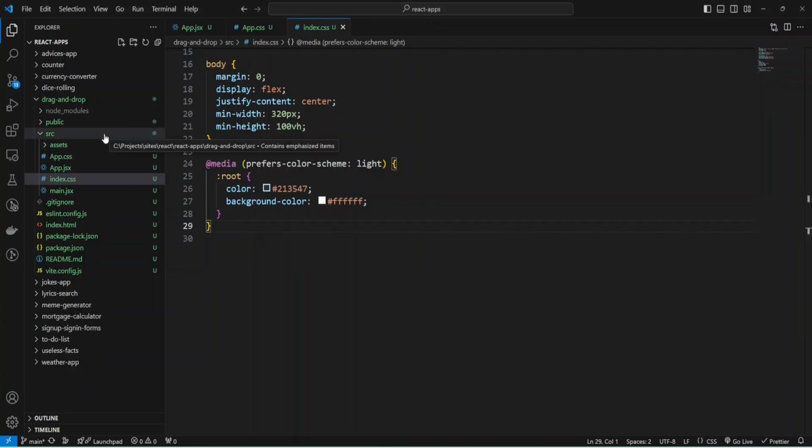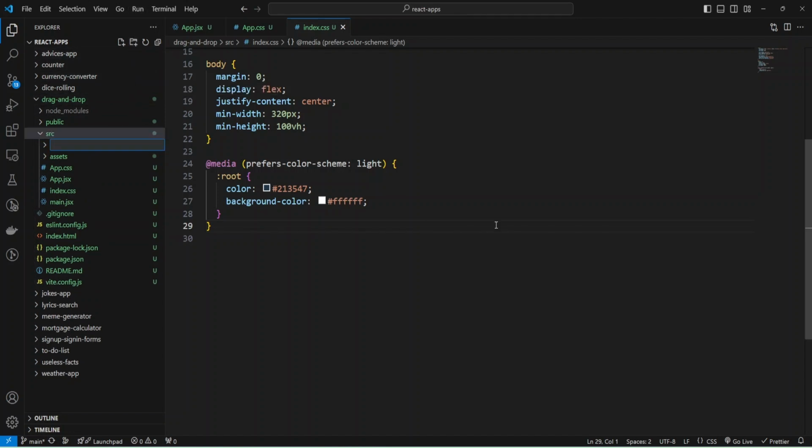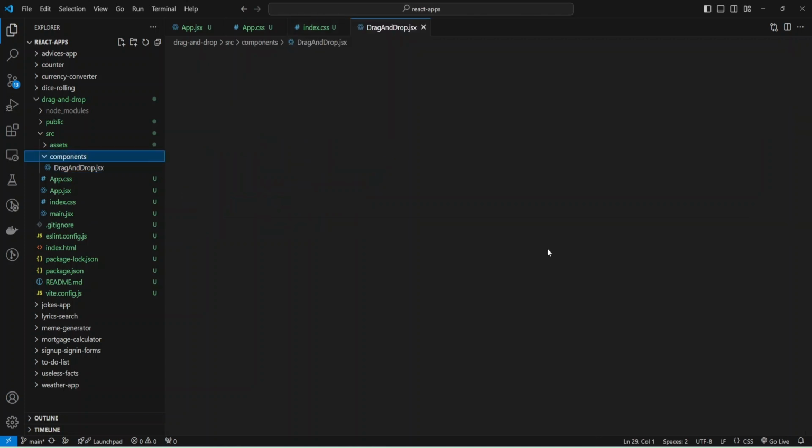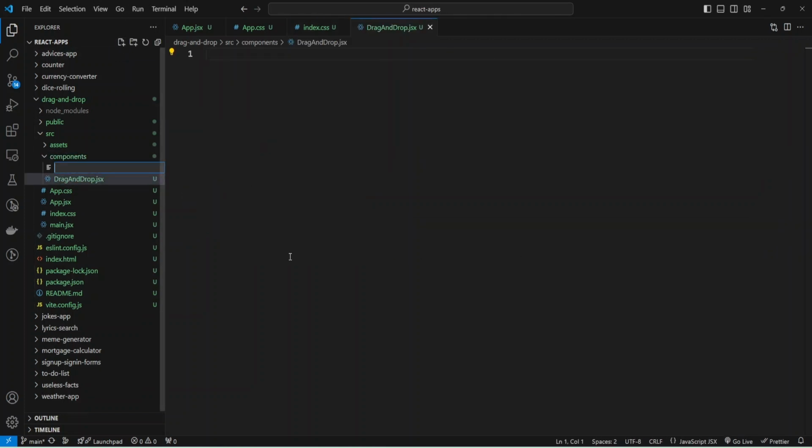And now I'm going to create a new component for my drag and drop application, and I need a components folder. And inside this components folder, I'm going to add a new file, and it will be DragAndDrop.jsx, where I'll place my functional component, and also I need a DragAndDrop.css file for my styles.